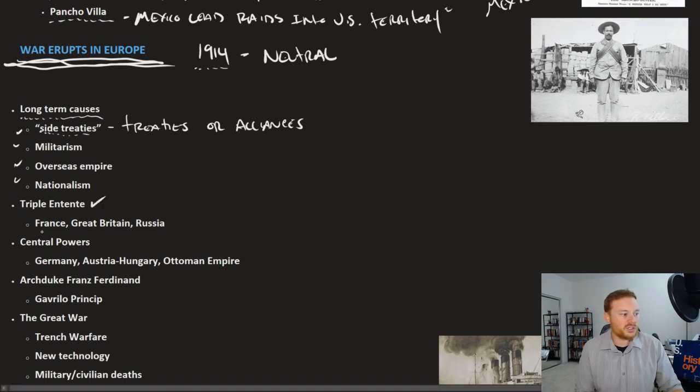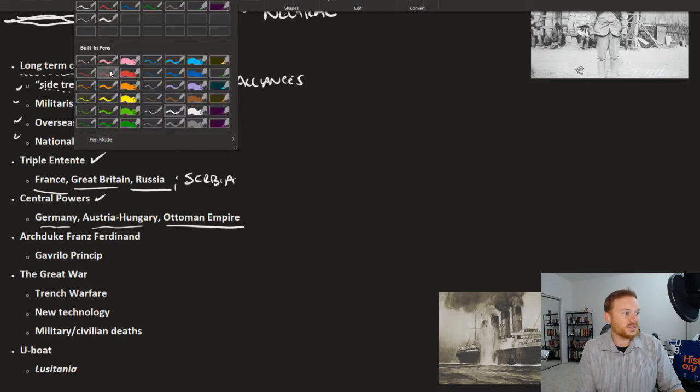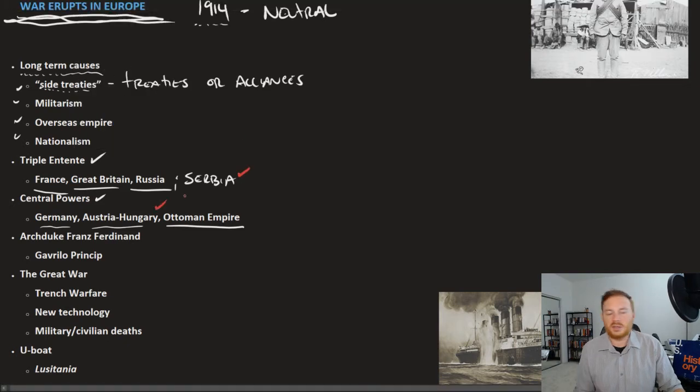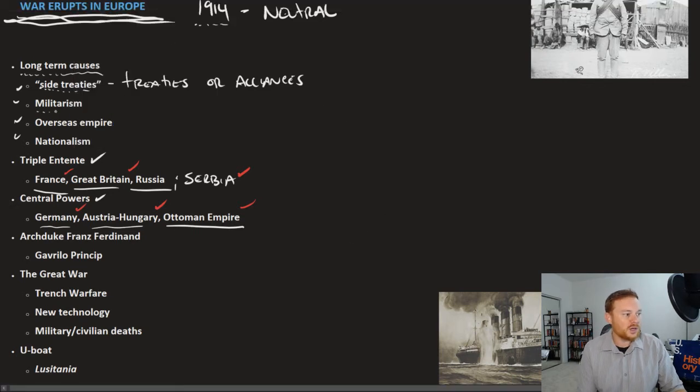The Triple Entente consisted of France, Great Britain, and Russia, which were allies. We might also add Serbia to this equation because they were tied up with Russia. The Central Powers, another alliance group, consisted of Germany, Austria-Hungary, and the Ottoman Empire. And what this allowed for was a minor conflict between Serbia and Austria-Hungary. That's how World War I begins, as a conflict between those two nations. It then brings in other countries because they are fighting their allies or fighting their friends. So the alliance system helped turn a small conflict into a big conflict. Militarism was also a big build-up to this conflict.